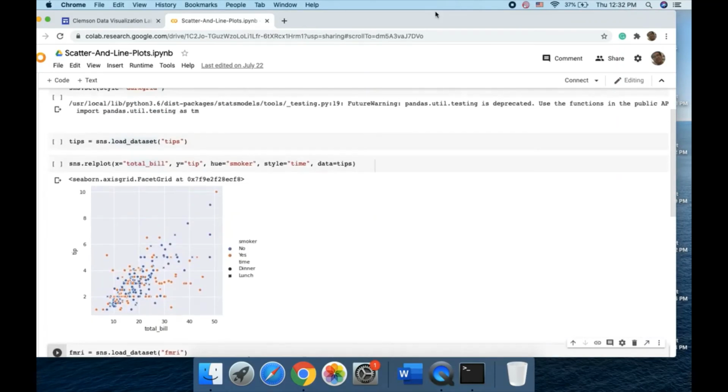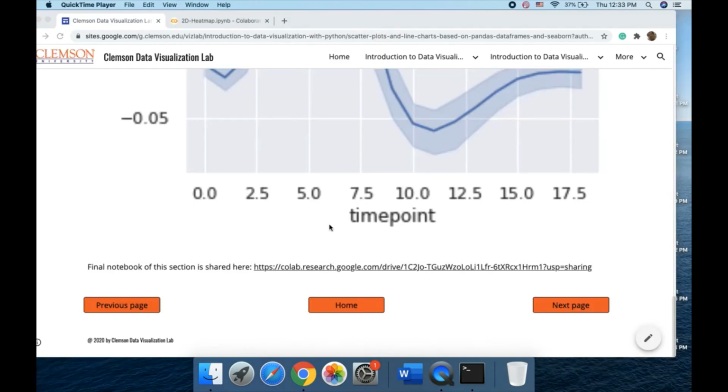Thank you so much. Sixth part of the introduction to data visualization by using Python. In the previous video, we saw how to create the scatter plot and line charts based on the seaborn and pandas data frame. In this section, we briefly go over creating 2D plots based on a multidimensional data set of the breast cancer data set that we have. If you click on next,